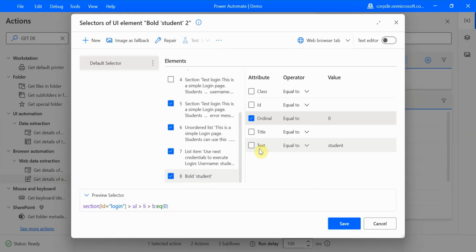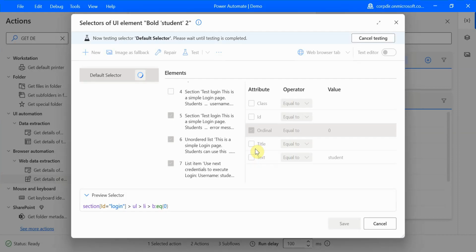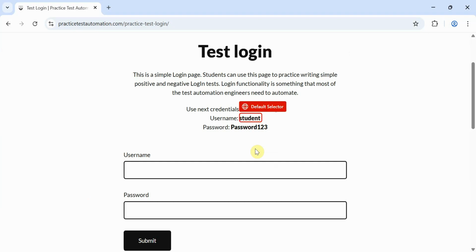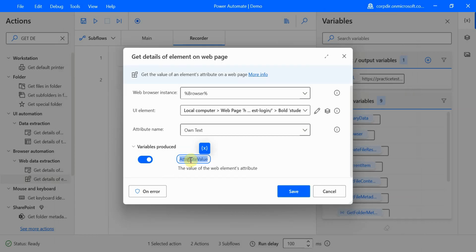We have tested it will work on that, it will take that, and we have to use the